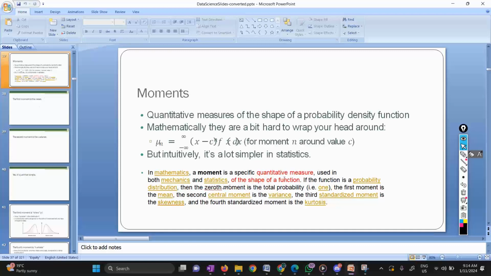used in both mechanics and stats, of the shape of a function. If the function is a probability distribution, then the zeroth moment is the total probability. Otherwise, whatever I told next I've already told. First moment is mean, second central moment is variance, third, everything I've written. This is the one which you are supposed to understand. If you understand this statement,